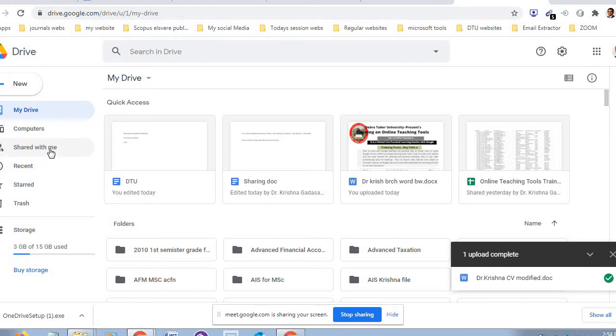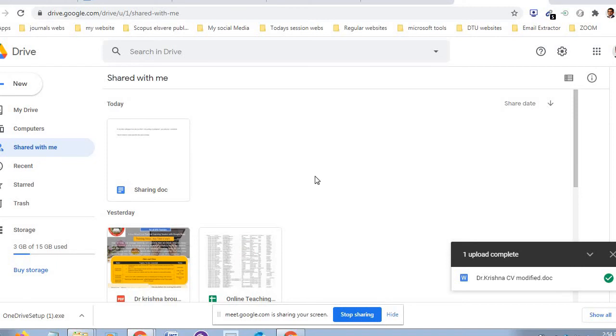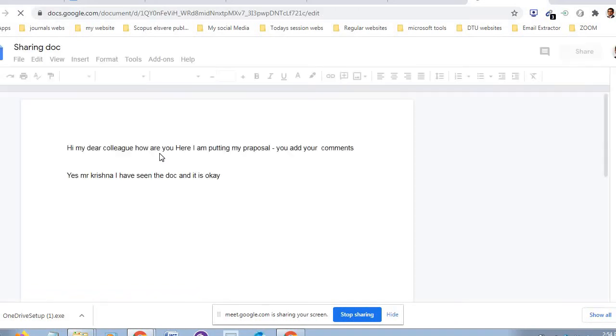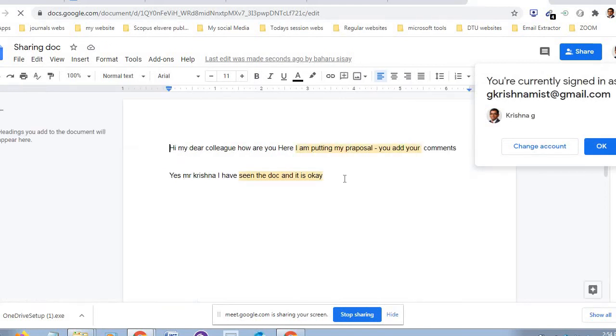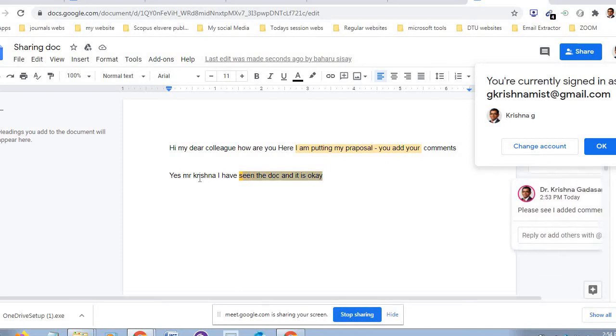All sharing files are available here. Click on it. See? The sharing document has come, I think, today. Previously, I have commented this. When he forwarded to me, sir, it came here. Yes, Mr. Krishna, I have seen your document. It's okay, and I have added a comment also here.